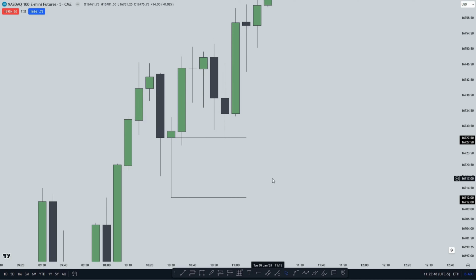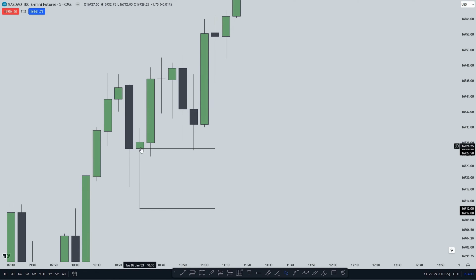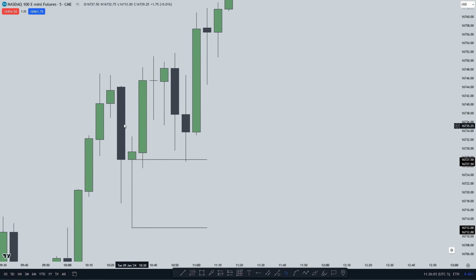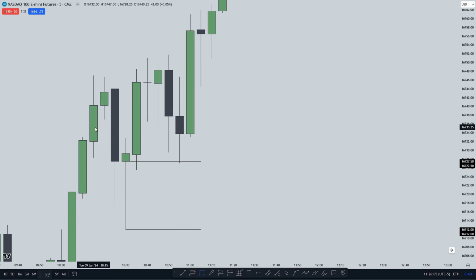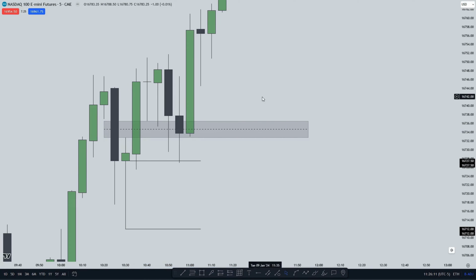And also, this candle right here, though it's on the same level with our rejection block, has a longer wick, so this would be our priority. And also something that is very important is that we created a balanced price range within the delivery of the balanced price range. So in my opinion, this is a very great